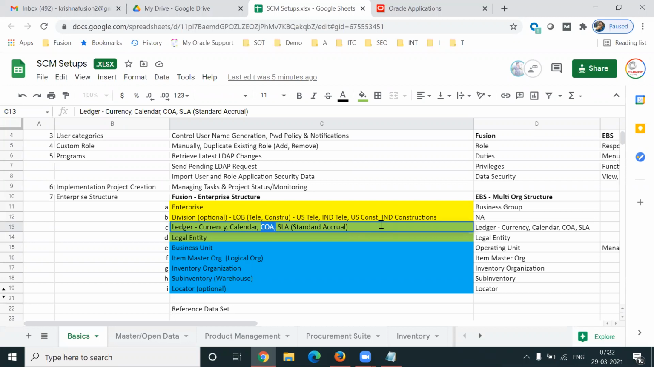So one account for salaries, one account for rent, one account for expenses. Based on the transaction, if the transaction is related to salaries, go and hit this account. If the transaction is related to purchases, go and hit this account. So we are going to define different accounts under chart of accounts, and the conditions we are going to write under SLA. The conditions are nothing but